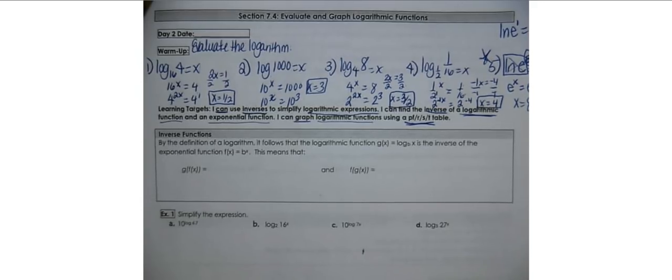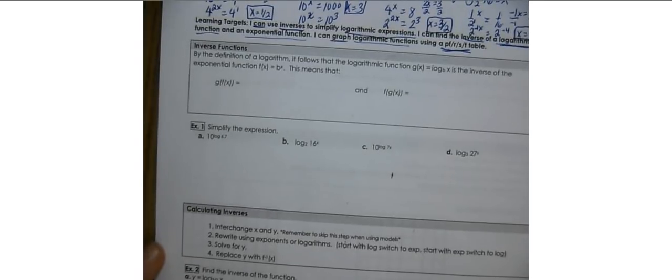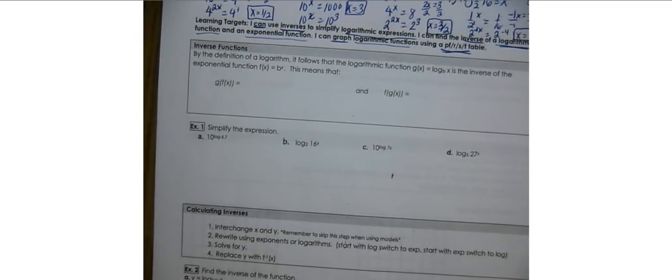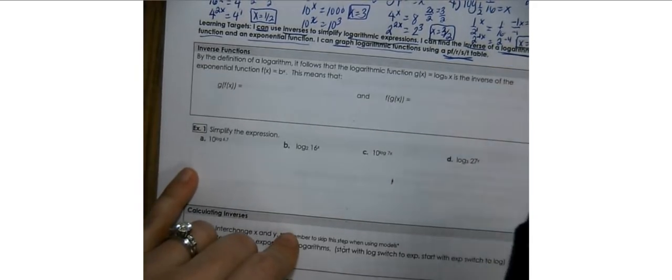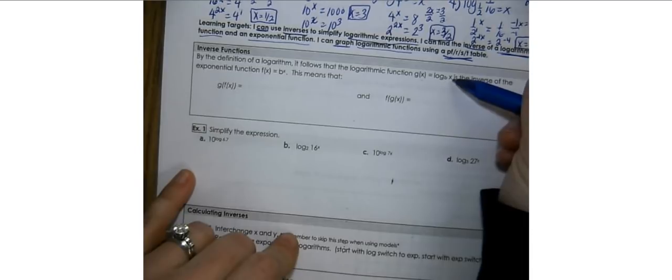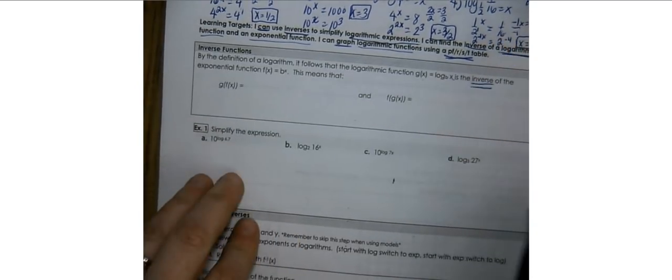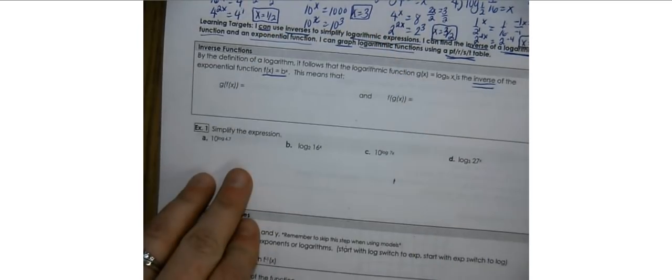everything changes and becomes the opposite whenever we are graphing logarithmic functions. So just be prepared for that for today. So let's go ahead and talk about some inverse relationships. By definition of a logarithm, it follows that the logarithmic function g of x is equal to log base b of x. It is the inverse of the exponential function f of x is equal to b to the